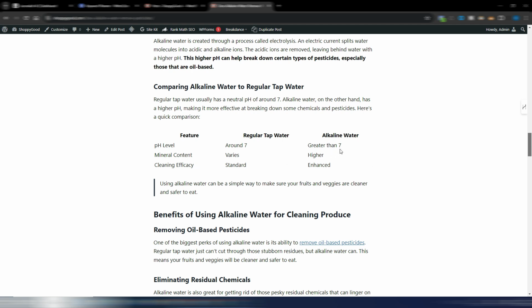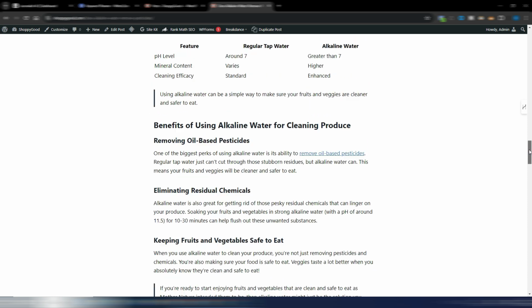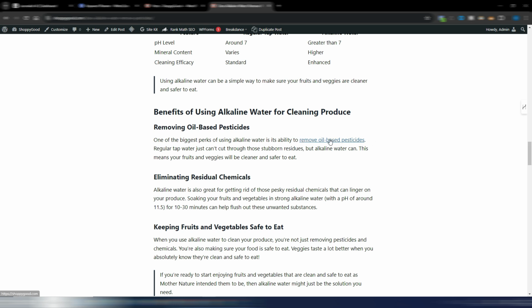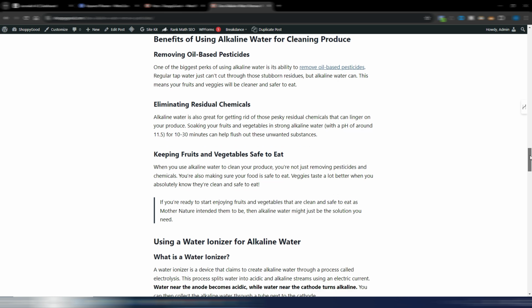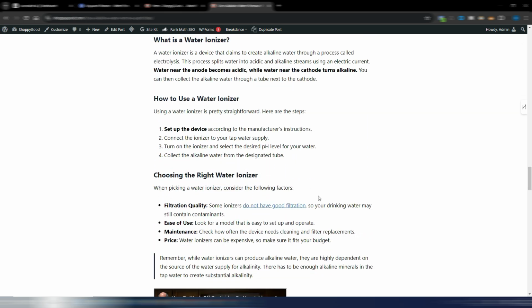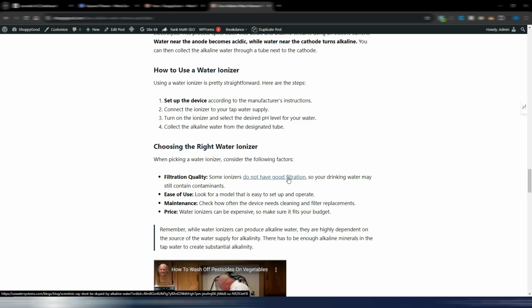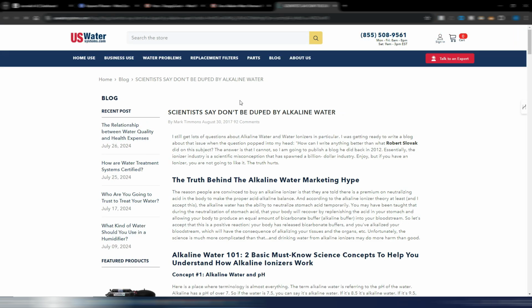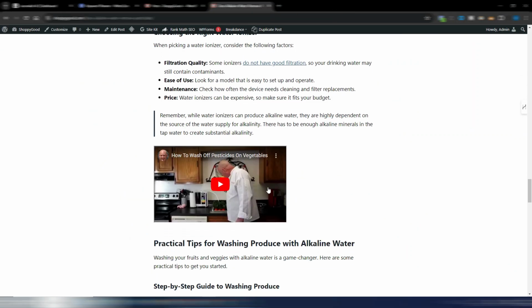Maybe in this case I needed to manually edit it better as a table using maybe some other kind of formatted block, but anyway, this is a table. I would like it if they were able to already format this as a better visual table, but maybe this will be improved. And here we have a link. This is an internal link. In this case, it's pointing to my homepage, probably because I don't have any other article where this internal link is ideal to point at. Again, let's go down with other sections. This is another link, and this is an external link. Let me check. Okay, so it's an authoritative external link. Very good. And here I have a YouTube video